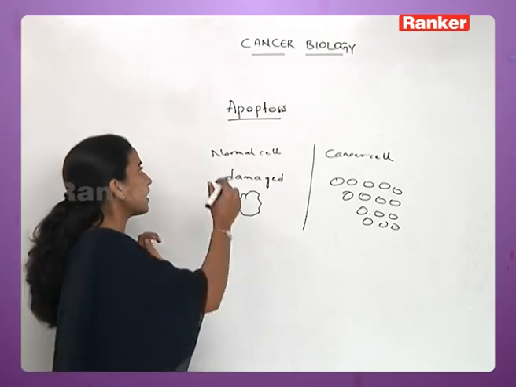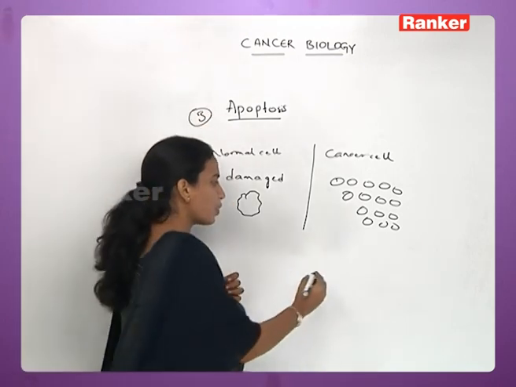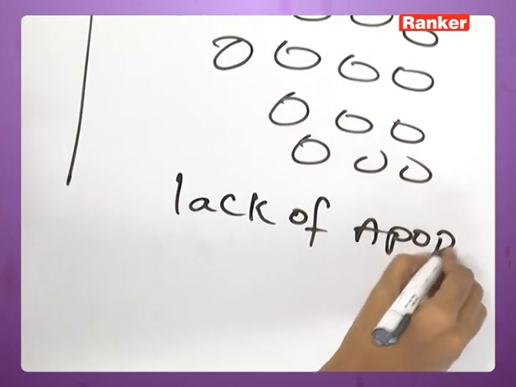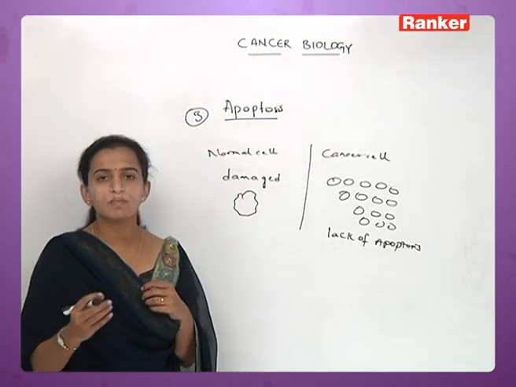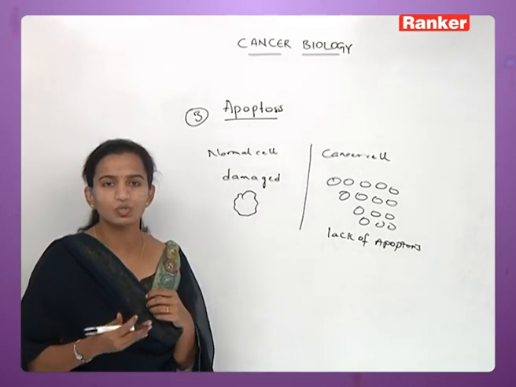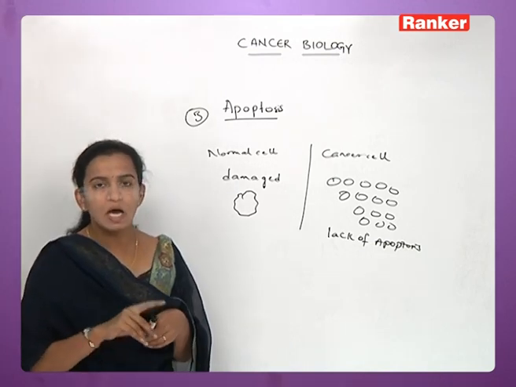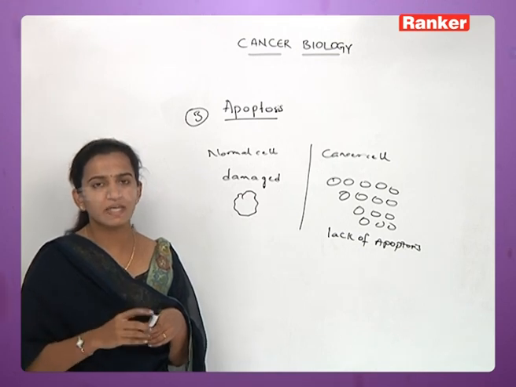This is another kind of third property you can see in the cancer cell, lack of apoptosis process. Lack of apoptosis is even one character of causing the cancer cell. That means a normal cell, if at all it is turning into a cancer cell, it is because if at all it is losing the character called apoptosis, it is one of the reasons for a normal cell to become a cancer cell.